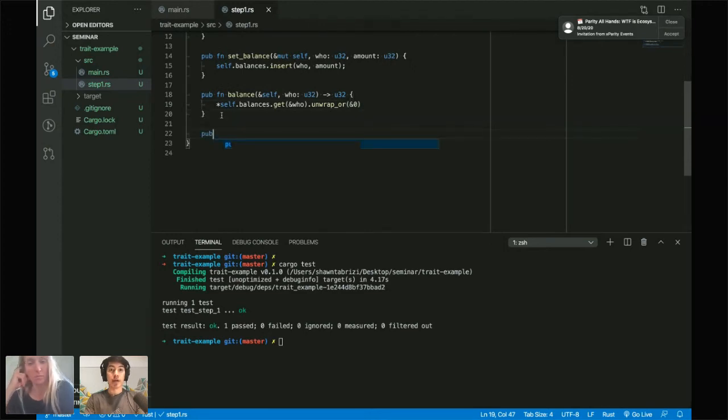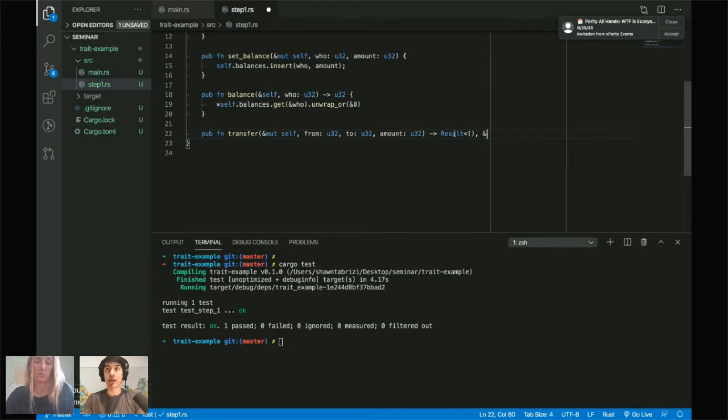So pub function transfer. And we obviously are working with a mutable reference of ourselves, right? So we're going to be changing storage here from some user to some user for some amount. Okay, and then I'm not going to go super deep into all the logic I'm going to be adding here, but obviously when you're creating a transfer function, you're going to need to do all the checks that users have enough balance, that you don't overflow, etc., stuff like that, right? And then also, this transfer function may fail. So if it fails, I want to return a result.